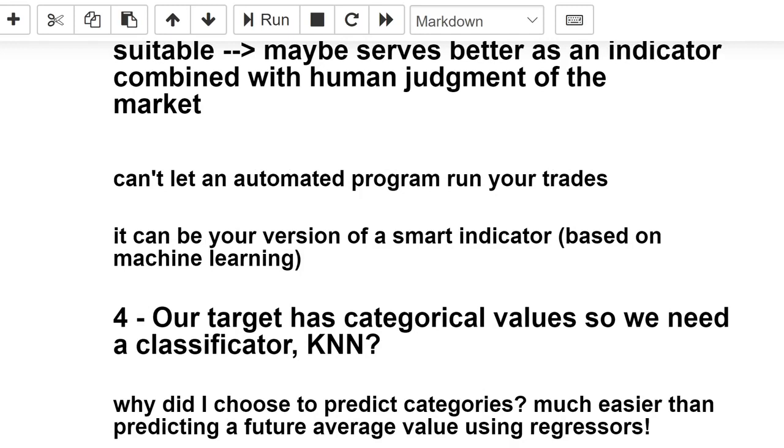And here we might ask the question, why did we choose to predict categories? In fact, it's simply because it's much easier than predicting a future average value using regressors, for example. I've seen a lot of studies showing predictions of the average price in 2 or 3 days. In my opinion, this is way too ambitious for such models. It would be much easier to just be content of classifying the future trend within 2 or 3 days, if it would be an uptrend, downtrend, or simply a no clear trend, meaning the model cannot predict what would be